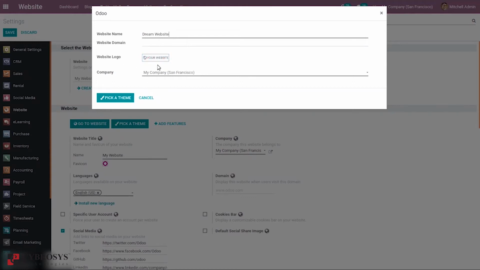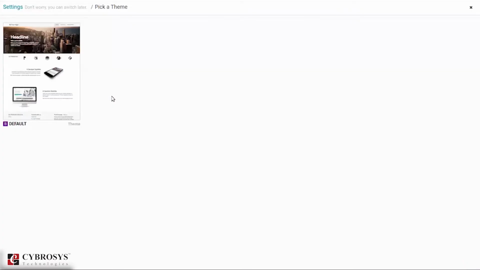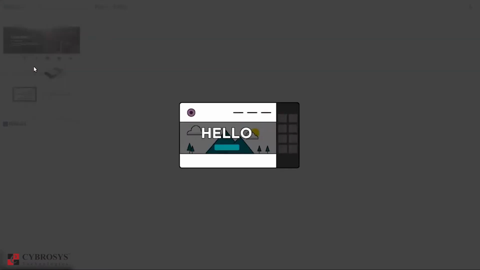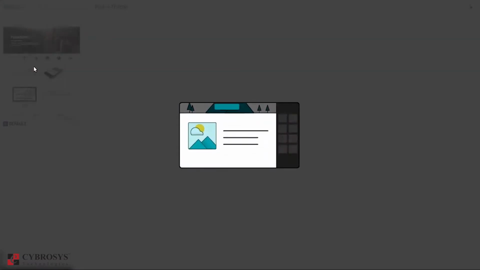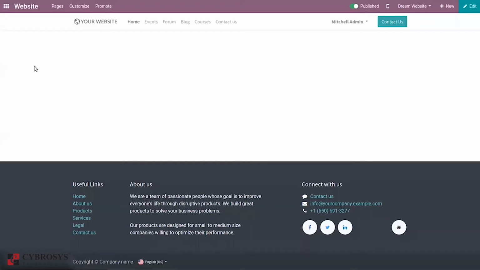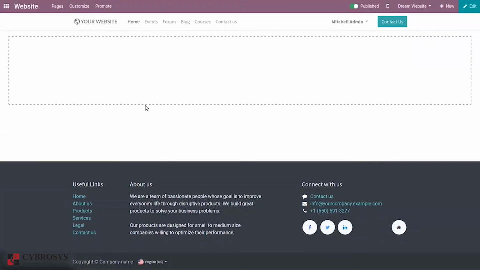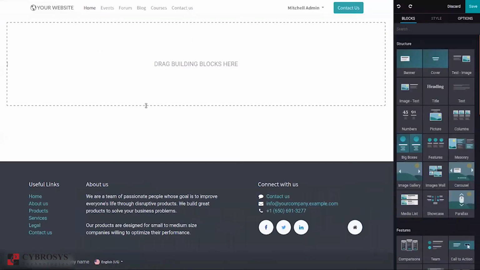You can set the company, you can see the company name, and when you click on this, the user will be directed to the themes window where all themes will be displayed. So here we can choose a theme. For instance, let's choose the default one as the theme. On choosing the theme, the user will be directed to the company website which has been created now.